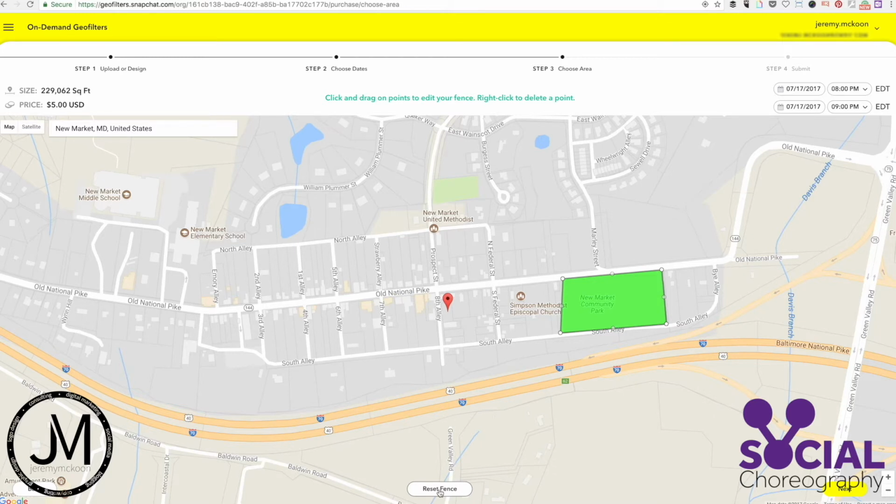So you have some freedom and some ability to really work with this thing. And each time you drag out one of these pins, it'll give you more pins. So I can drag this out and really shape it up to whatever building I'm looking at. But again, I'm going to delete all of this because that's all I want. Click the next button,